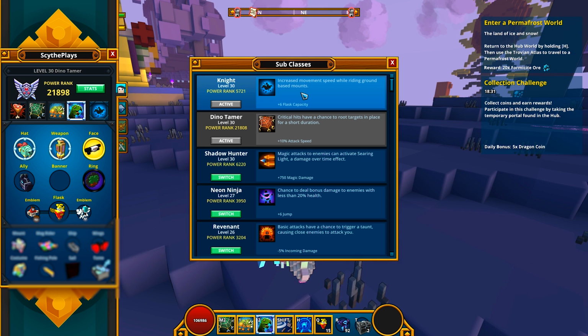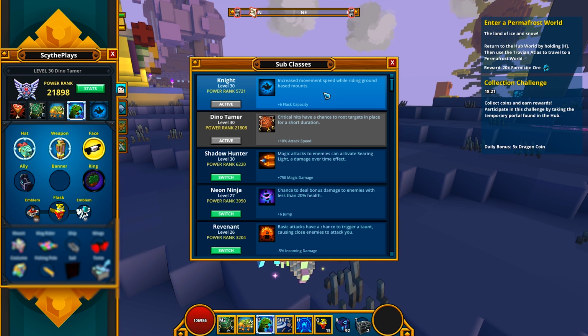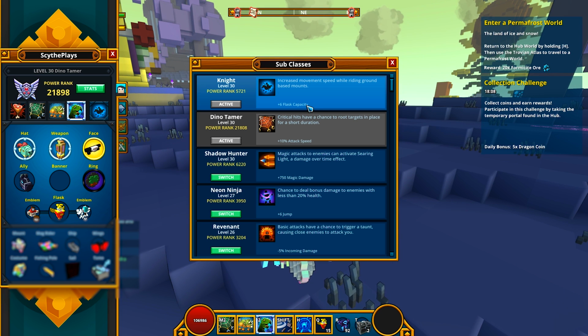Because it's not a percentage, it's set values, meaning that we're not going to get our power rank on the Knight to 8,000 and then suddenly get 2 more movement speed. No, I think it's maybe every 5,000 power rank. If I had to guess, maybe every 5,000 power rank, one of these abilities is going to change, just the same as down here. Maybe it's every 5 to 10 levels that the passive changes, but